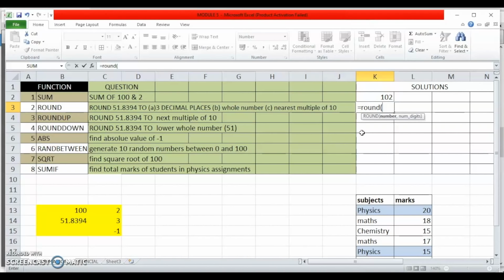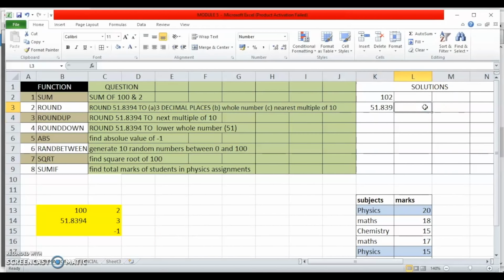Now here I want to round it to 3 decimal places, so my num_digits is going to be 3. So I enter the number by clicking on the cell reference and I enter the num_digits also, and I close the bracket. Now ideally, since the fourth digit that I have is 4, which is less than 5, the number will be rounded to 51.839. As you can see, it has been rounded.